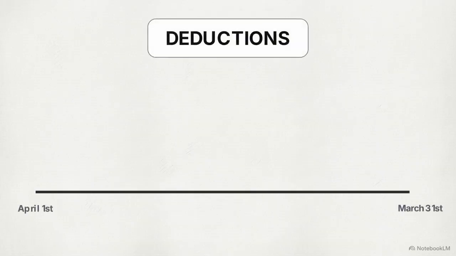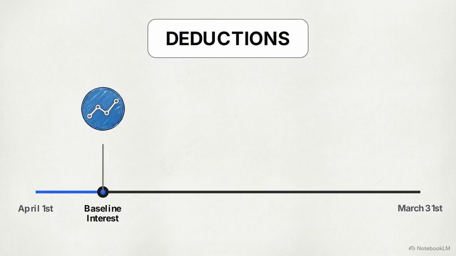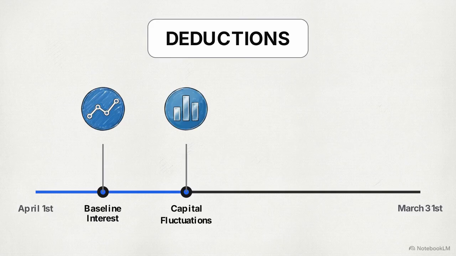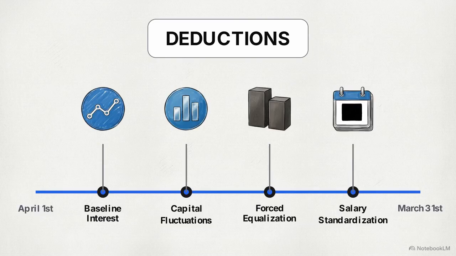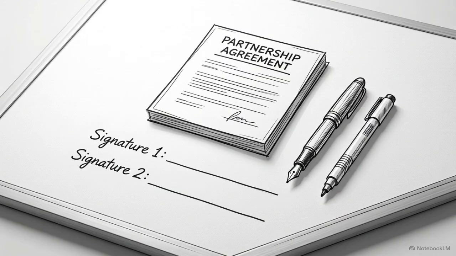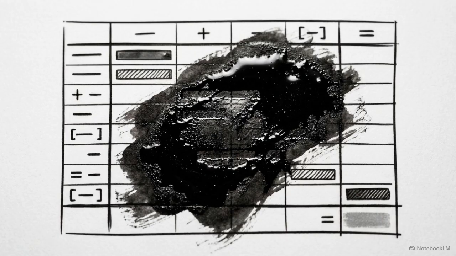We are going to map out the exact sequence for these deductions. We will start with baseline interest formulas, then move to the math for mid-year capital injections and withdrawals. From there, we will solve a forced equalization scenario and finish by decoding the various frequencies of partner salaries. Accuracy here is a prerequisite for a stable partnership. A single miscalculated month of interest or a misread salary term creates a cascade of errors that can mathematically ruin